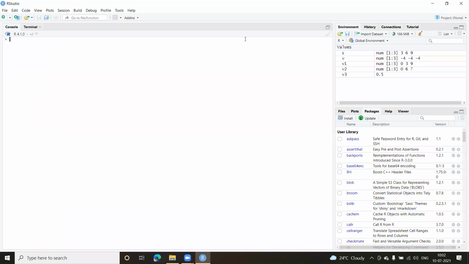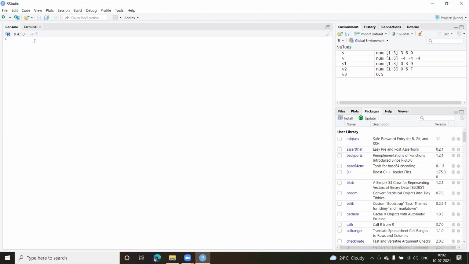I have a question. Yes, Nagesh. What is the difference between the equal to sign and the assignment operator, sir? Equal to, and less than and minus. The left operator and the right operator. Yes, there's no difference.